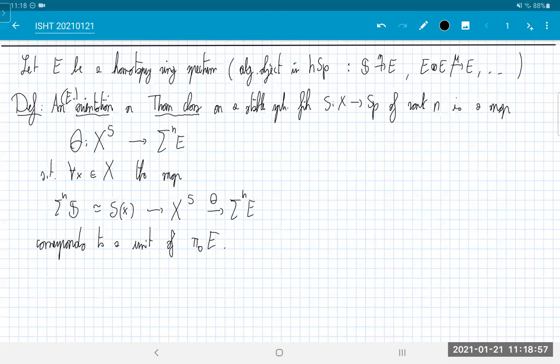Since at best I can change this, at the level of homotopy classes, at best I can change the sign of the element,